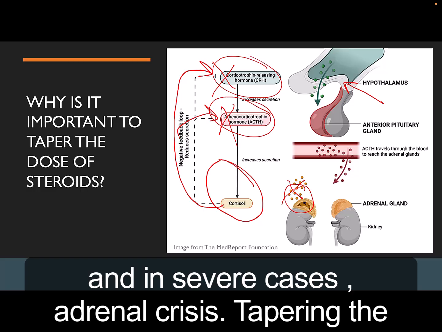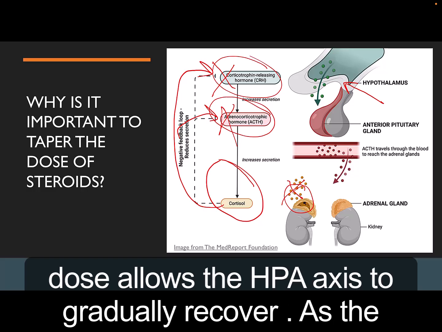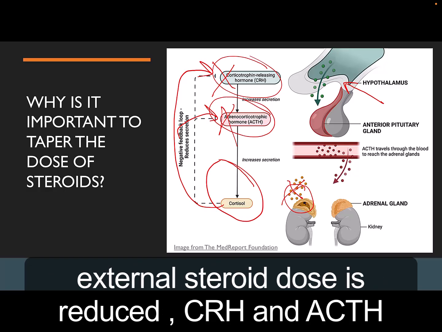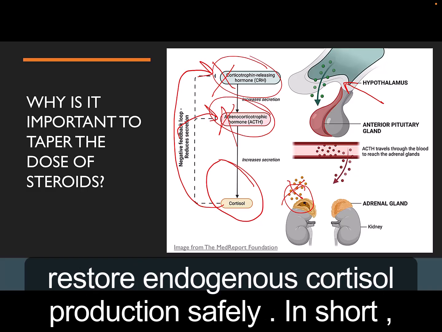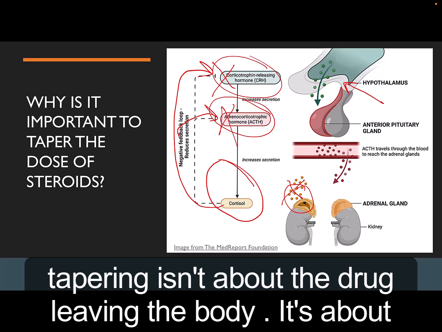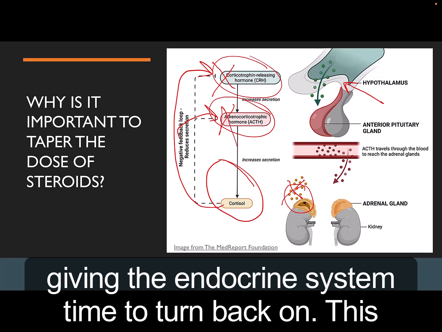crisis. Tapering the dose allows the HPA axis to gradually recover. As the external steroid dose is reduced, CRH and ACTH signaling resumes, giving the adrenal glands time to restore endogenous cortisol production safely. In short, tapering isn't about the drug leaving the body, it's about giving the endocrine system time